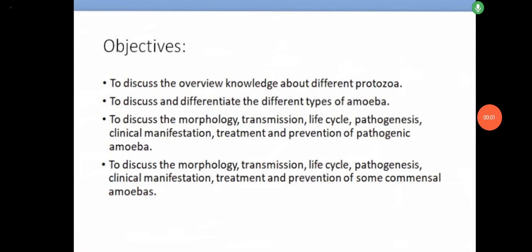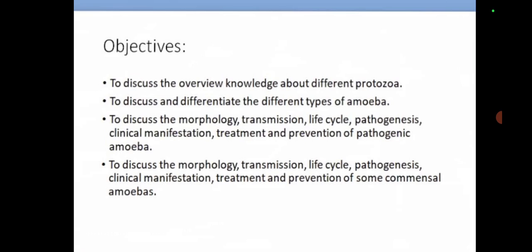Today we're going to see about luminal protozoa. This comes under the topic parasitology. Here we're going to discuss an overview of the different protozoa, and we're going to discuss and